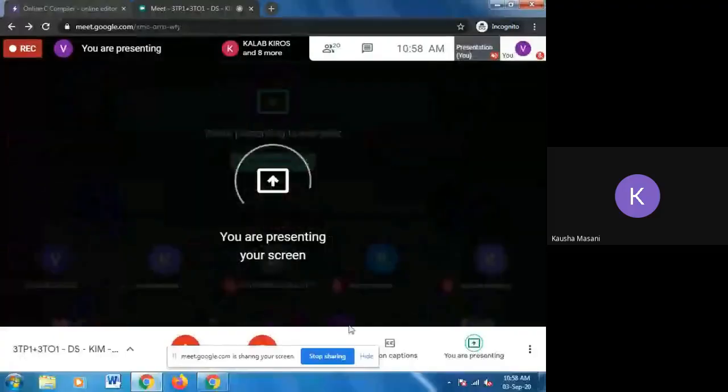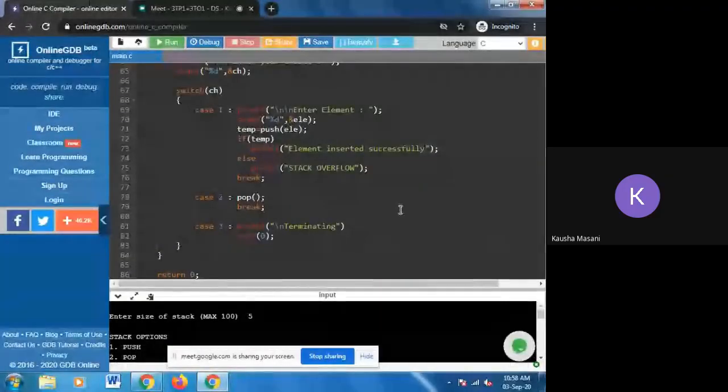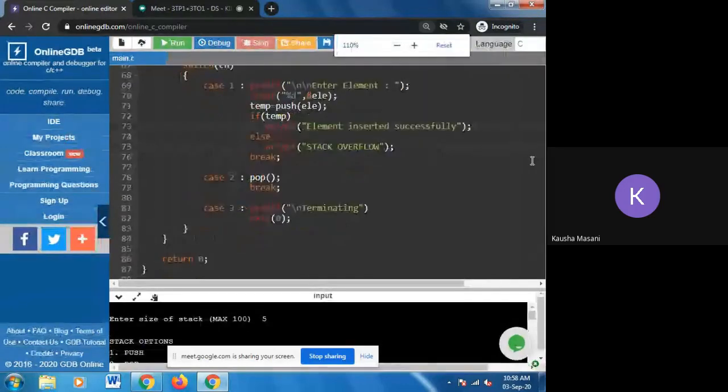Vijay, present your screen. Is it visible? Okay, yeah, it is getting presented. Yes, visible. Okay.